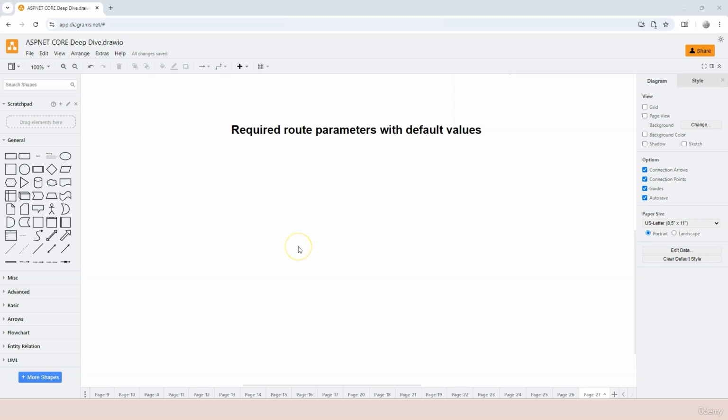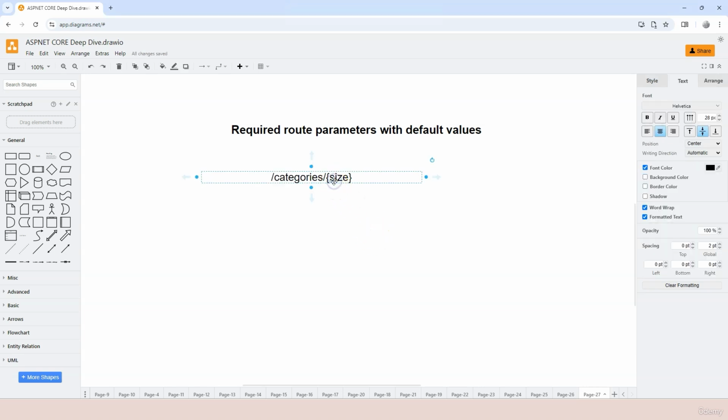In this video, let's talk about required root parameters with default values. So previously, we talked about required root parameters. For example, we have this root template that has a required parameter, which is size. Which means that in order to map or match this root template, you have to have a root path